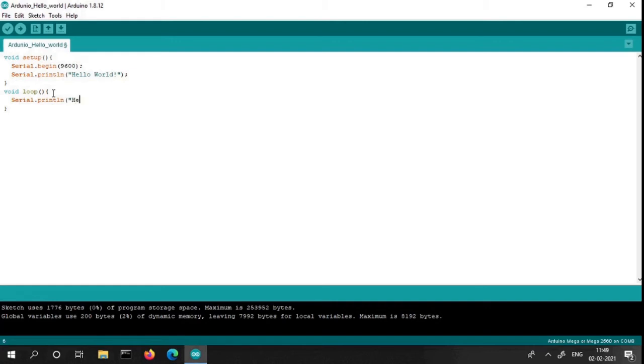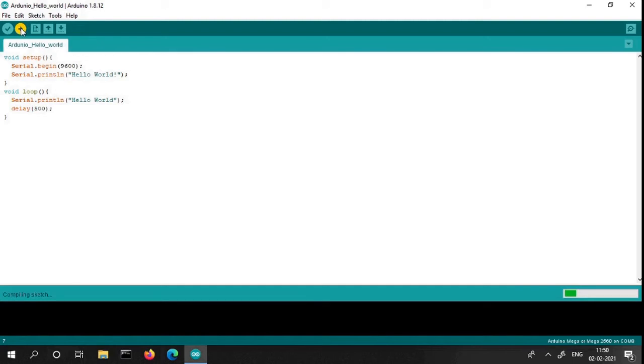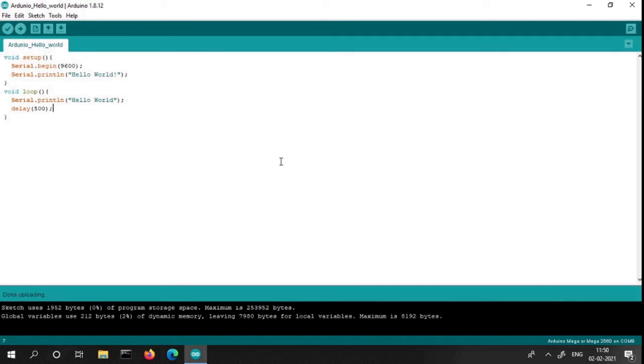Now we are going to provide the same command in the loop function. In the setup function the hello world is printed once, but we provide it in the loop function with a delay of 500. We just typed Serial dot println hello world, delay 500. We provided the same command in the loop function and a delay of 500.